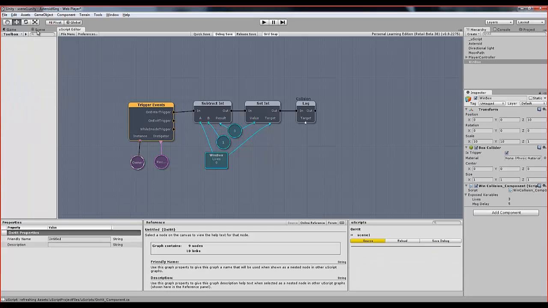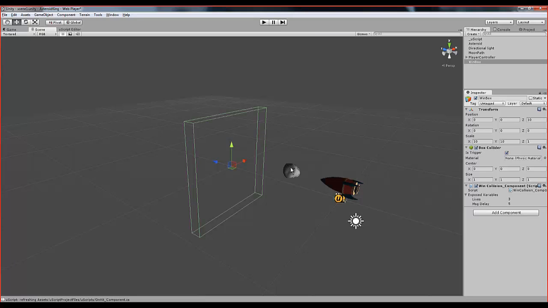So wait for this to compile. Take a look at our scene. We've only got 1 at the moment, so we've no real way of testing this properly. But we're going to need a bit more room if we're going to do this properly. So let's extend this out to 50,